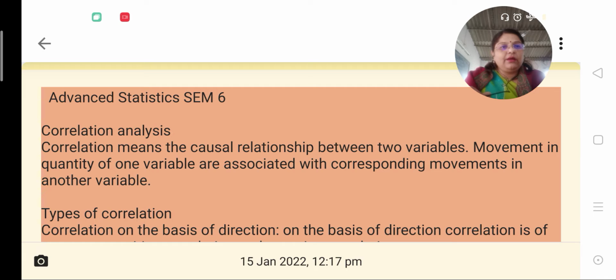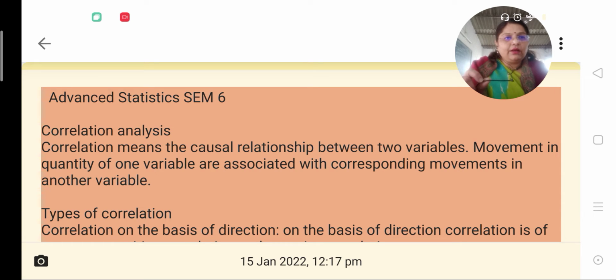So, in Unit 1, we have to study correlation analysis. So, first of all, let us understand what is correlation. There exists some kind of a causal, in the sense cause and effect, relationship between two variables. Let us say the two variables are the area of a circle and the radius. We know that the greater the radius, the greater will be the area of the circle. So we will say that there is a causal relationship between these two variables.